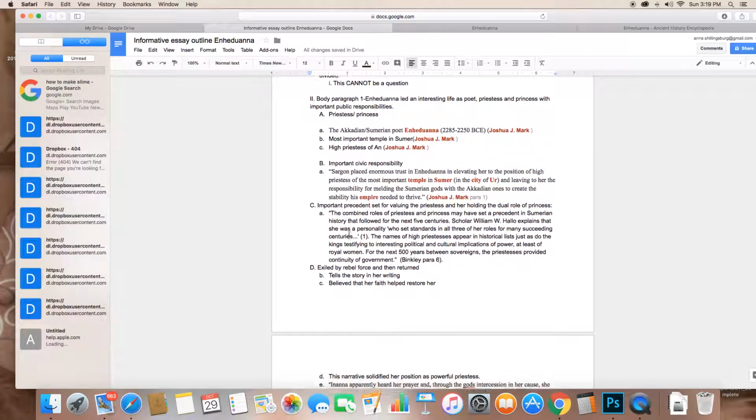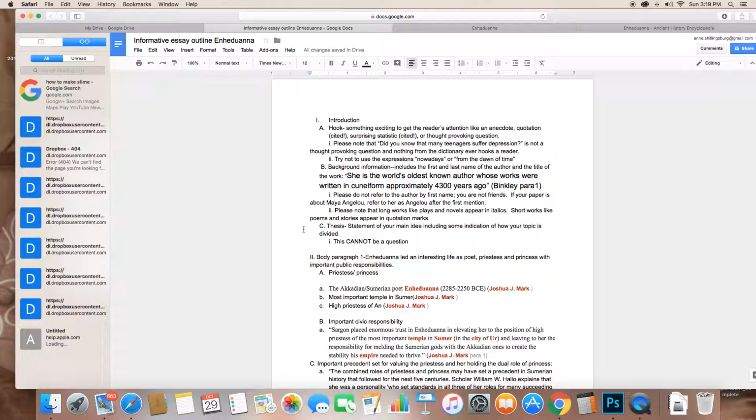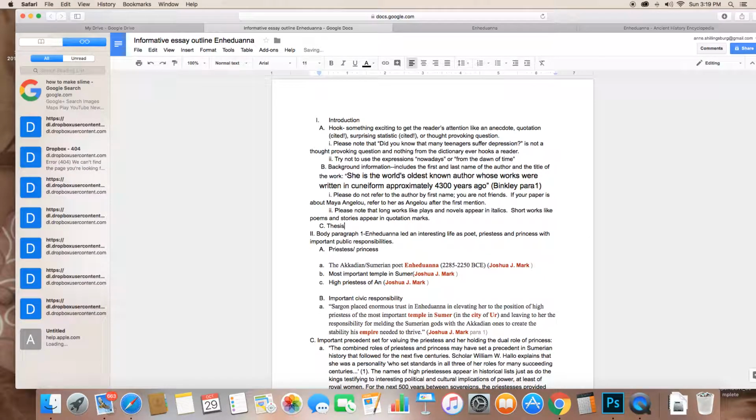Okay, so now that I know what my main points are, I can write my thesis statement, okay? Now my thesis statement is my main idea, including an indication of how it's divided, and it can't be a question. Okay, so what I'm going to do is I'm just going to write a thesis statement that covers these 3 main points. Okay, so I'm going to say Enheduanna